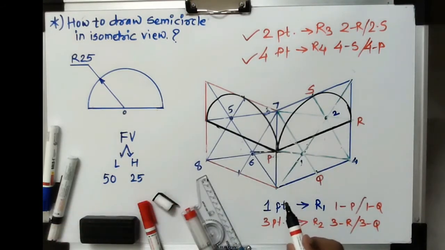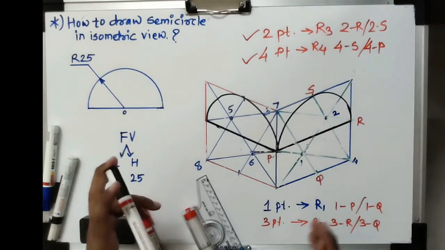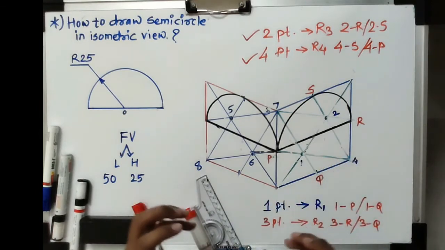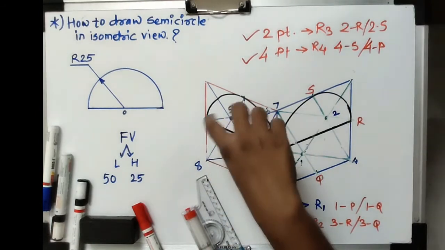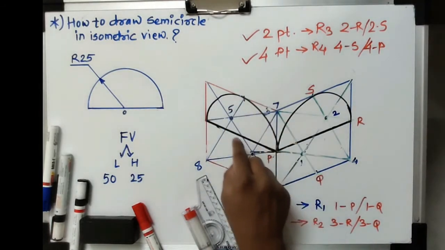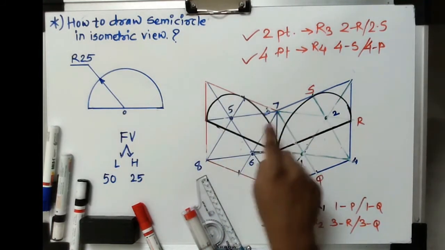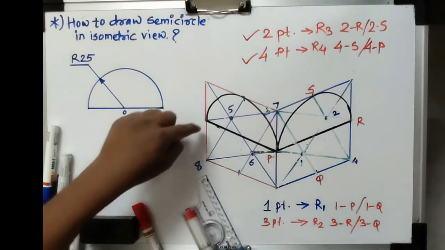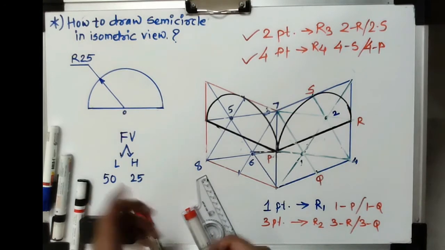Here I have used different color shades, but while you are going to prepare it, just prepare the faint shade. The complete work you have to prepare with the help of a 2H pencil, somewhat faint shade, and after completing your diagram, after getting the structure, you just have to make it somewhat darker. The actual structure that we require, that is the semicircle, you have to make dark, and the remaining, that rhombus, those straight lines from the points, you have to draw very faint as much as possible, because the final portion that we have to draw as a semicircle has to be highlighted. I hope all of you understood this procedure, how to draw the semicircle in the isometric view.